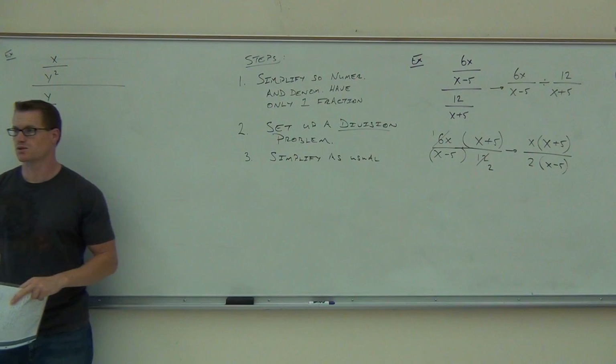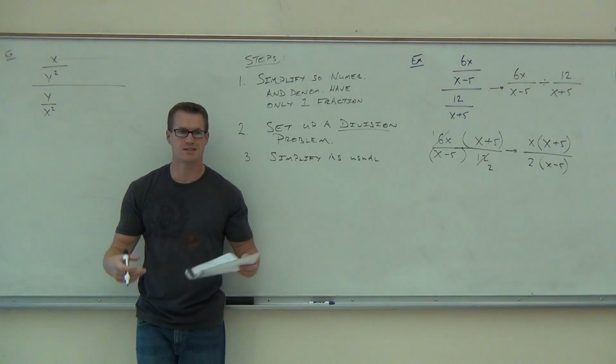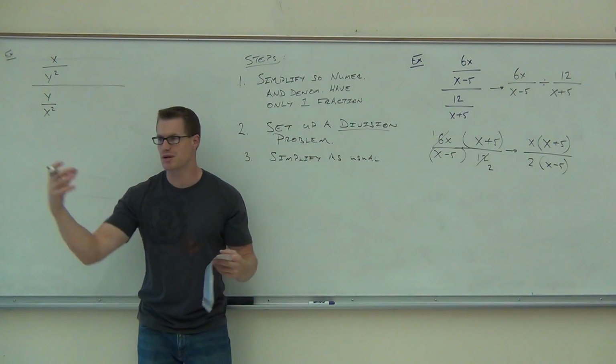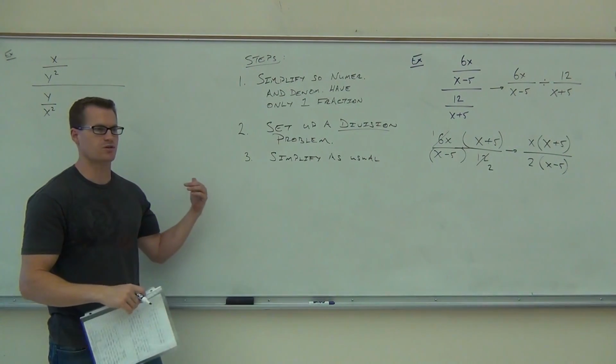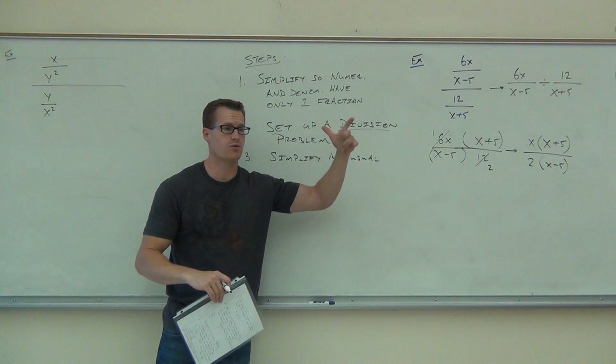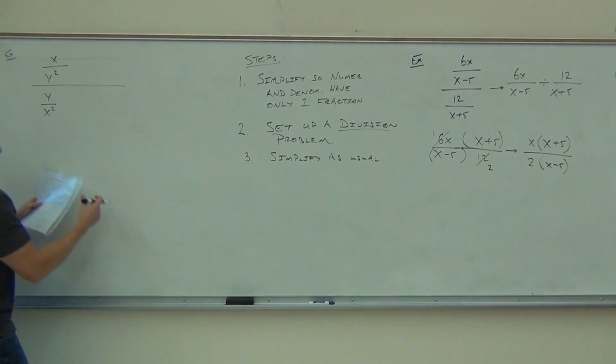Right there, it looks so far so good, right? I mean, you could certainly do this problem. That's division. You'd set up the division problem because you'd have one fraction over one fraction. Are you following that? Very similar to the one that I just erased over here. Very similar to that one. You have one fraction over one fraction. But then as soon as I do something like this,